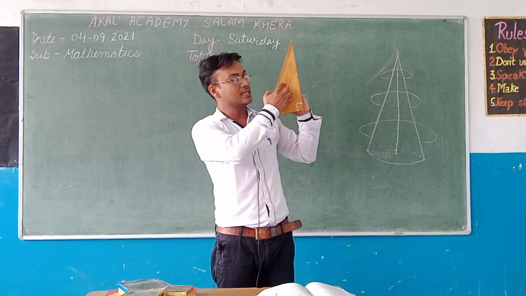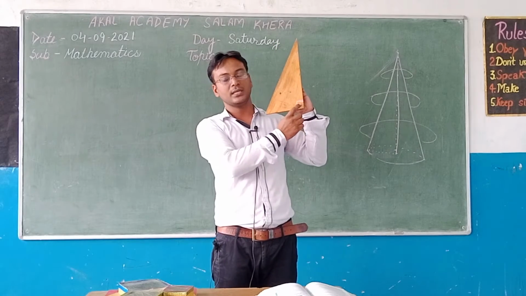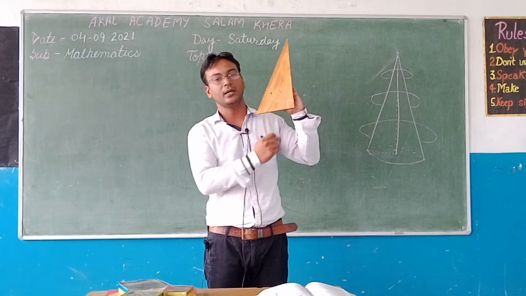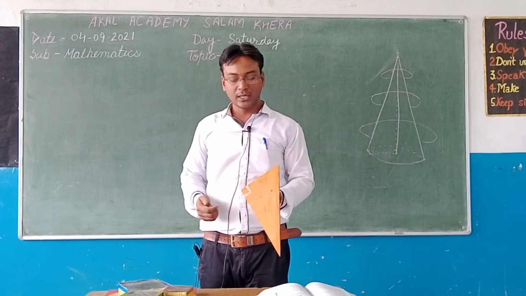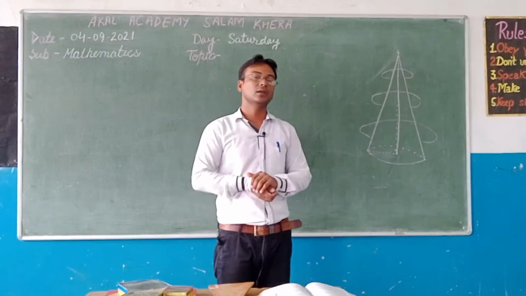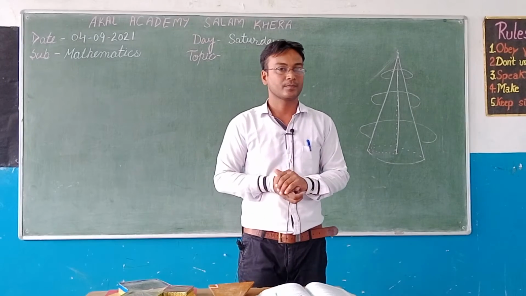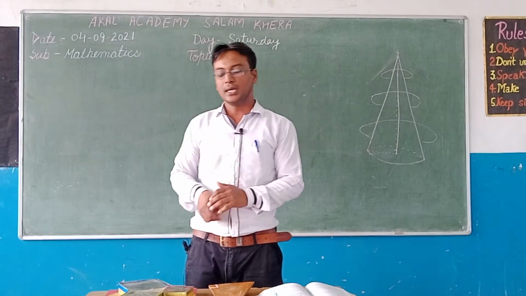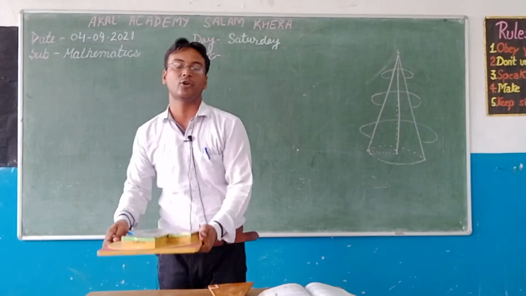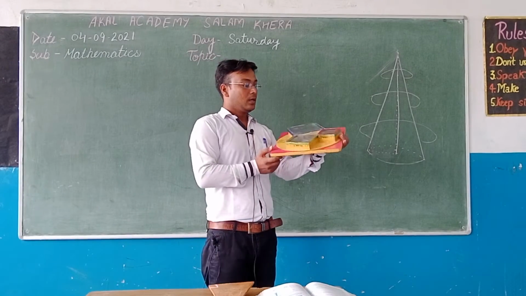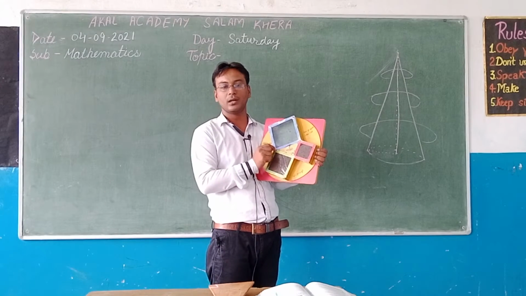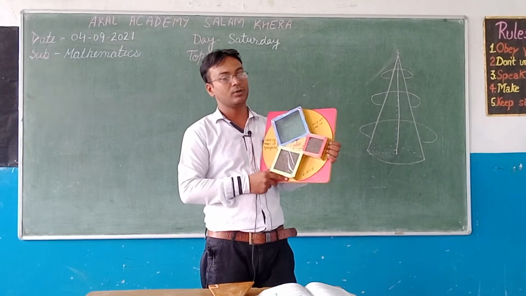Good. This is the right angle triangle. Okay, this is a right angle triangle due to one angle being 90 degrees. And now can you tell me where we can use the Pythagoras theorem? Yes, the Pythagoras theorem you can use in a right angle triangle. So I have one model of a right angle triangle that can prove how it will work.